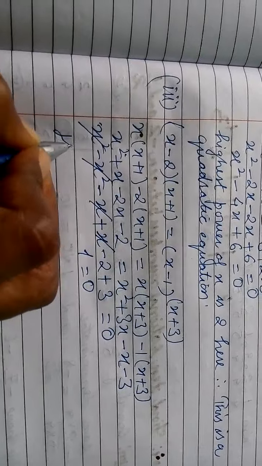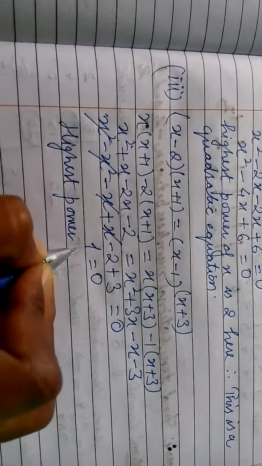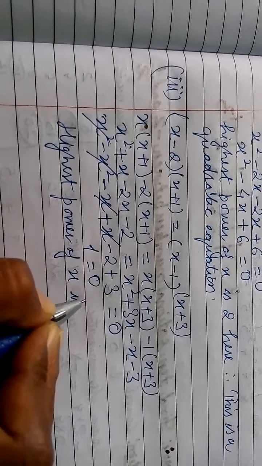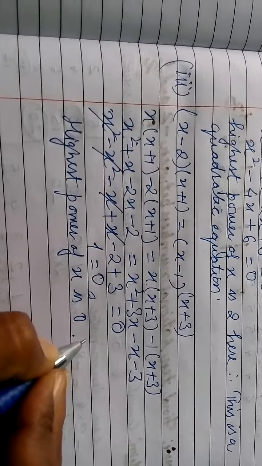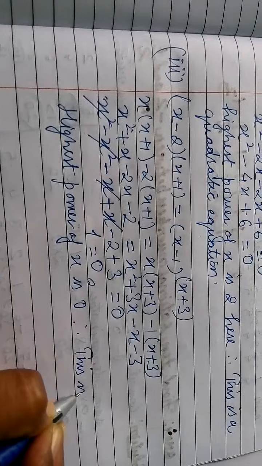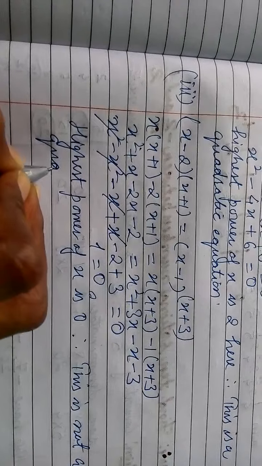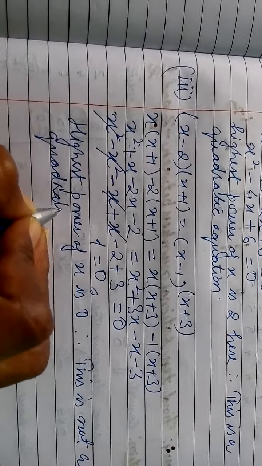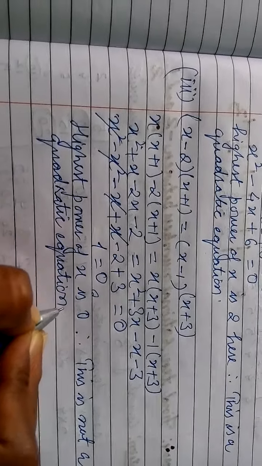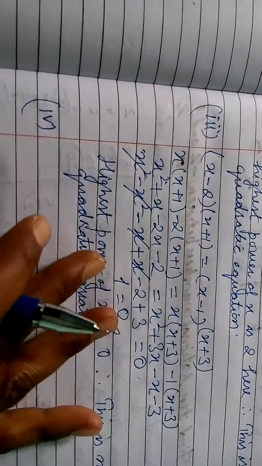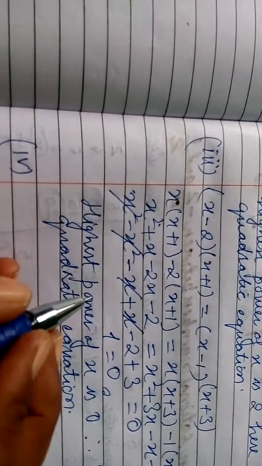Here the highest power of x is 0, because x raised to the power 0 is 1. Therefore this is not a quadratic equation. This is a very simple part. Now let us move towards the fourth part, and the fourth part is x minus 3